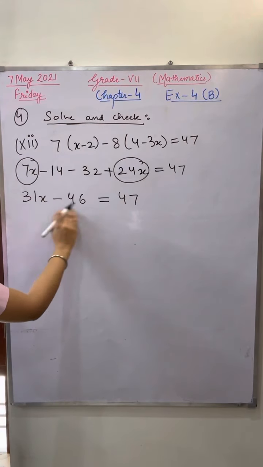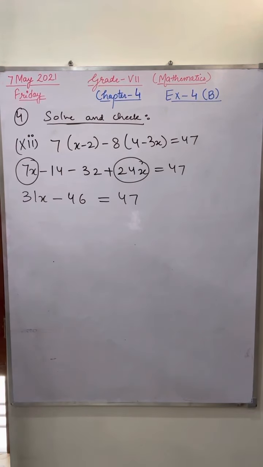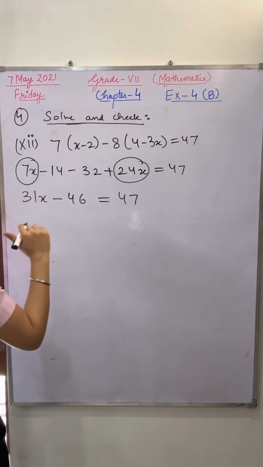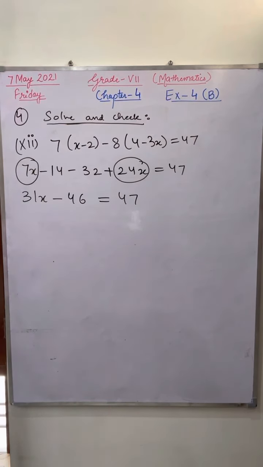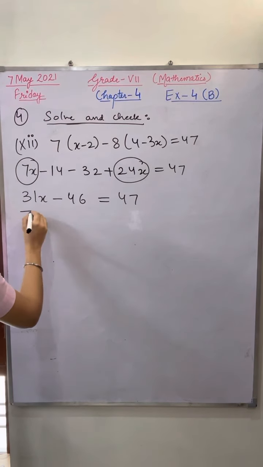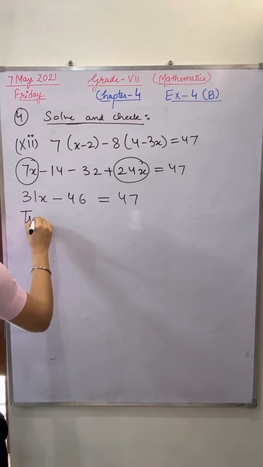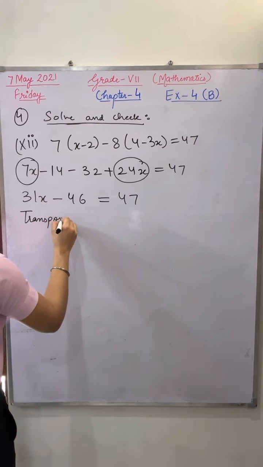I'm having a constant value on the left hand side. Yes, ma'am. Minus 46. Very good. So, which method can I apply? Ma'am, we will transpose minus 46 to the right hand side. Transposing minus 46 to the right hand side. Okay. What rule did I tell you? What was the rule I told you, what should be on the left hand side only? What should be there?